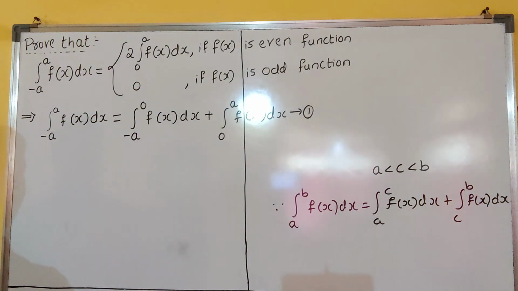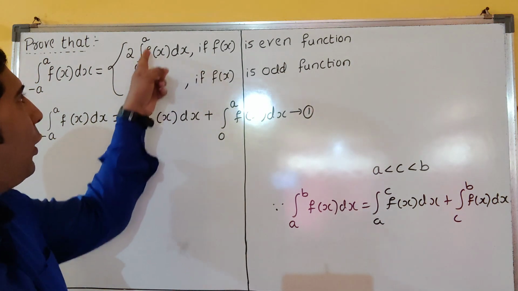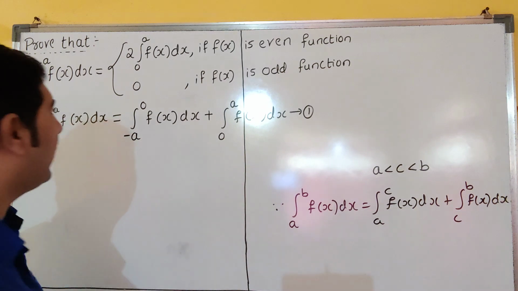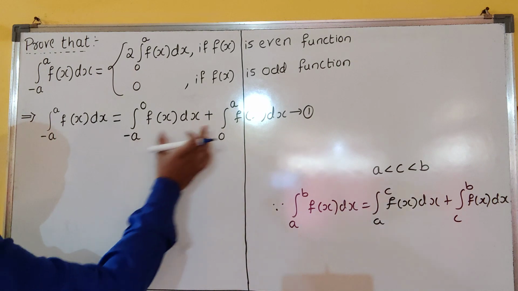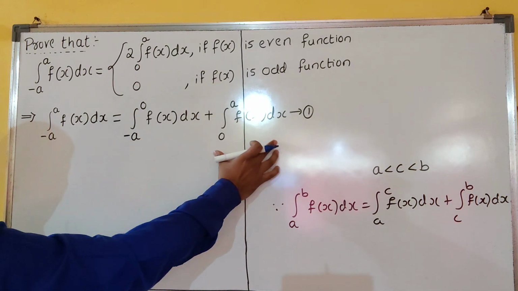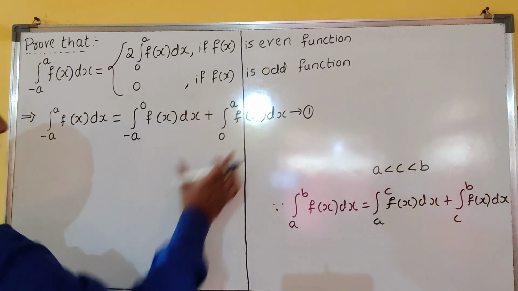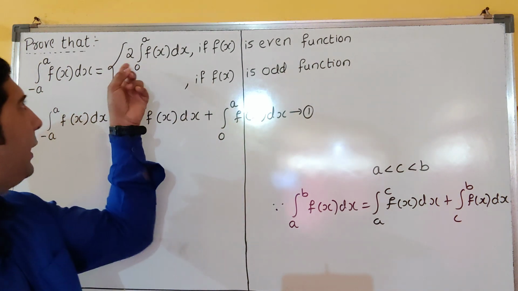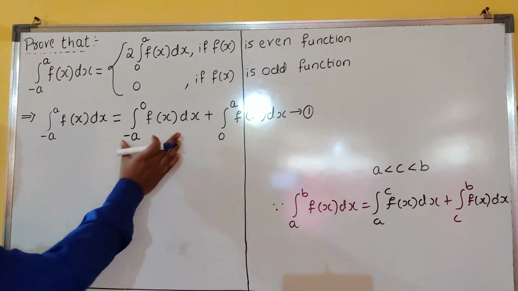Clear? Now see how to proceed further. Already I got one answer here, 0 to a f of x dx. If I get one more 0 to a f of x dx here, then this is proved. So how to solve this one? You see here, very easy. I have to remove this one now, because I already got this same answer. If I have to get 2 times, I have to get the same answer only. Already it is same to same here. Just one more same came, and when both are added, this is the answer. So that's why I am considering this one now.